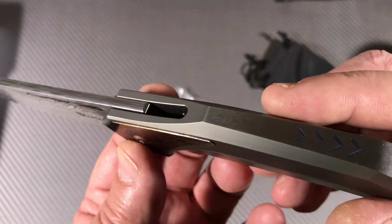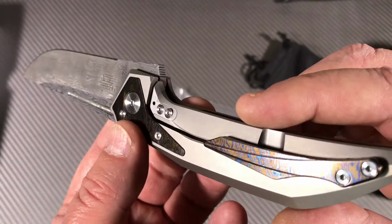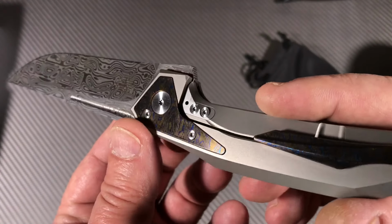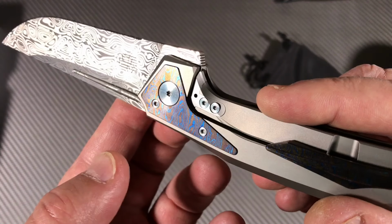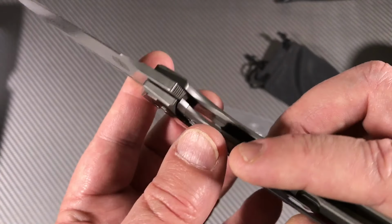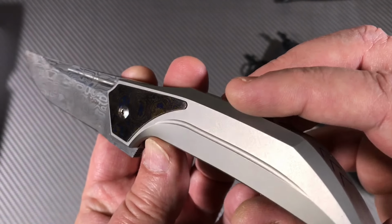So I said, oh, because I was interested in the one that I knew that they had, which was the bronze with the carbon fiber inlays. But this was it. This was the last. And I go, oh yeah, sign me up. Oh, it's going to cost twice as much. But